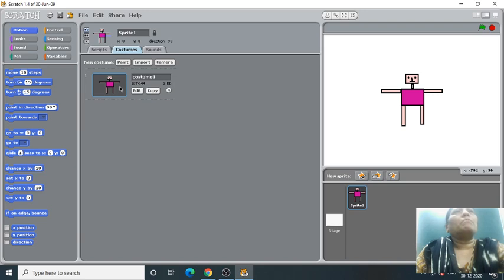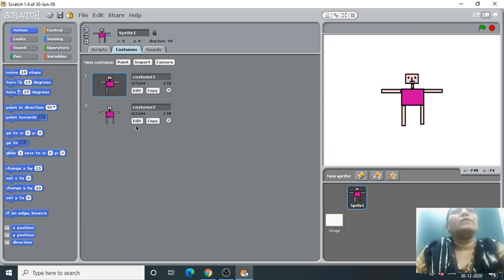But we have to take the next step of the exercise, so I will copy this same costume. Here I got another same one, but I don't want this, I will make some changes in it.